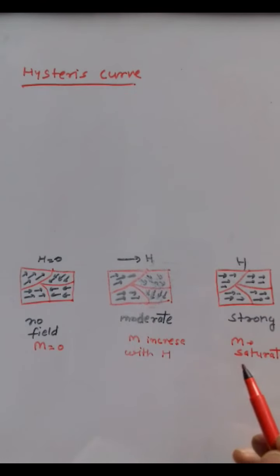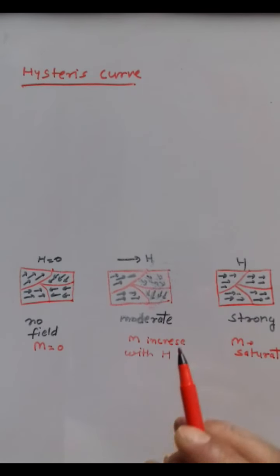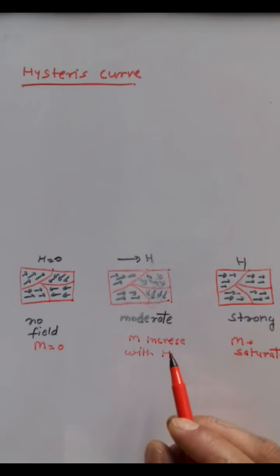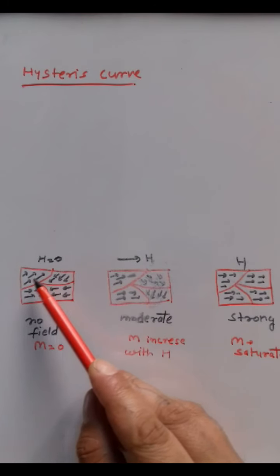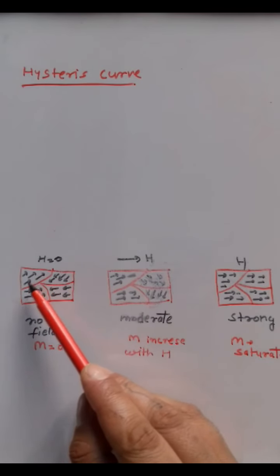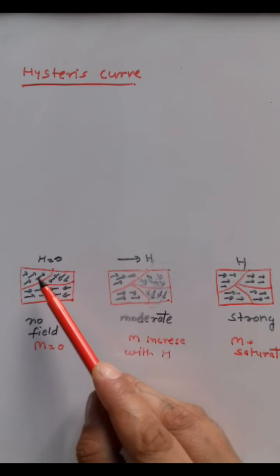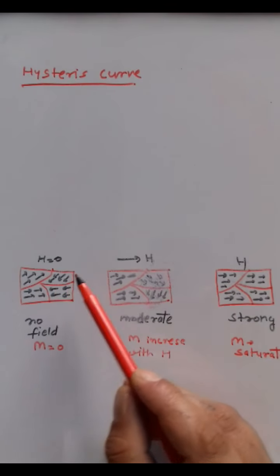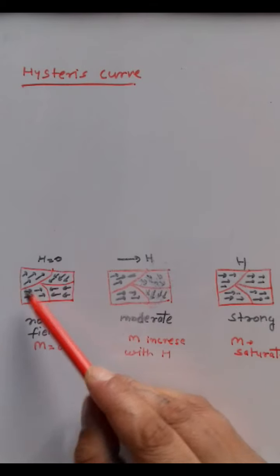So as we know, in ferromagnetic materials there are different domains, and in a particular domain, every atom is oriented in a particular direction. So as I have shown in the figure,